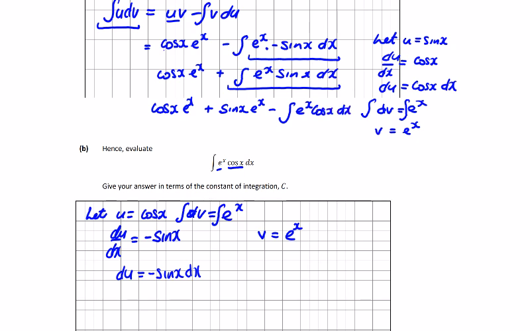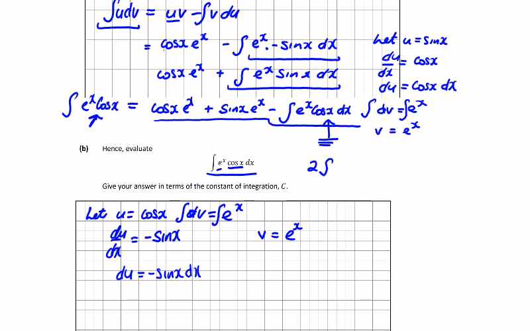So we started off with this guy here, so I'm just going to write him again. The integral of e to the power of x cos x is now equal to this whole expression here. So this is where we need to recognize that this guy here is the same as this guy here. I just left out the dx. So if I bring this one to the left, I'm going to get two of them. So I have twice the integral of e to the power of x cos x dx will be equal to,